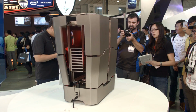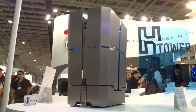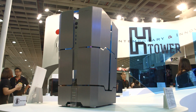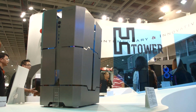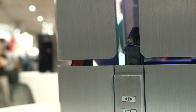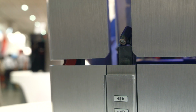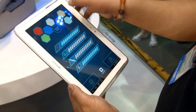This thing opens up and, okay, maybe transformer isn't the best wording because it looks like something from Avengers that could hold like the Tesseract or something. That's what Brandon said and I completely agree. It opens up to reveal the motherboard so it's easy to work on, but realistically it's just because it's freaking cool. There's 4 little laser spotlights, one on each side of the computer, that can show you where the perimeter needs to be clear around the computer for it to open up and not actually hit any obstructions in the area. And along with those laser projected lights, there's LED strips that go up the 4 arms of the case and can be controlled by the app,